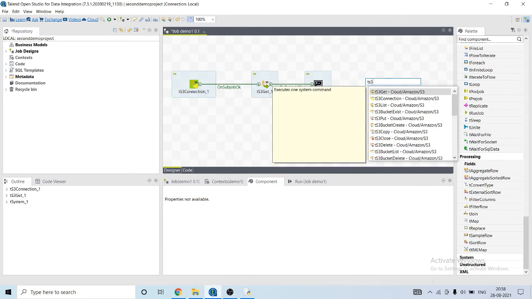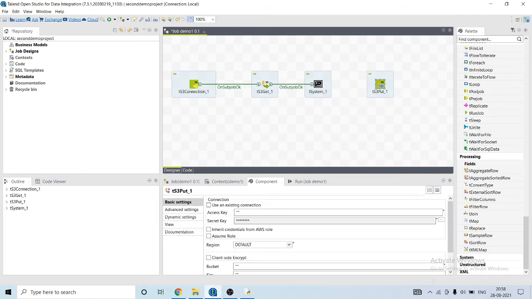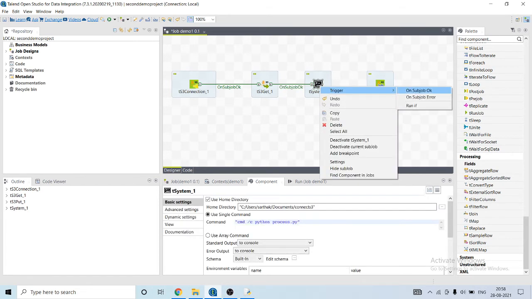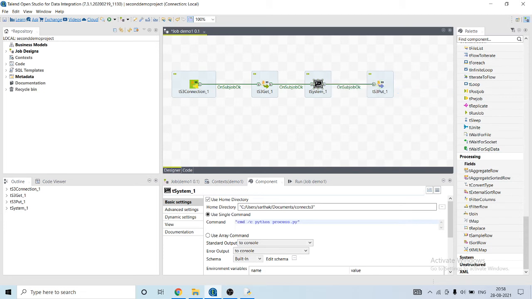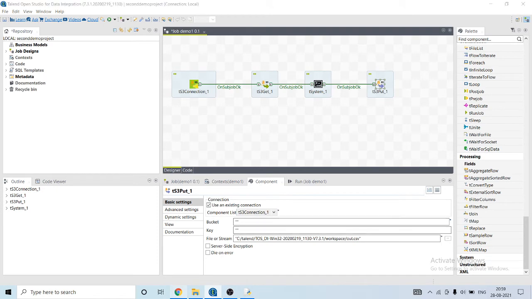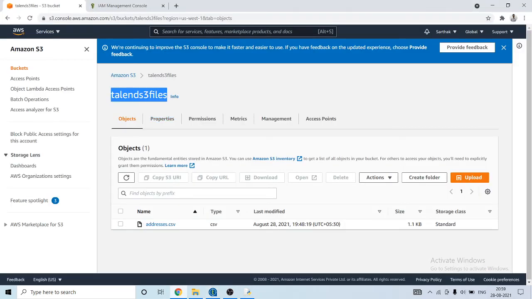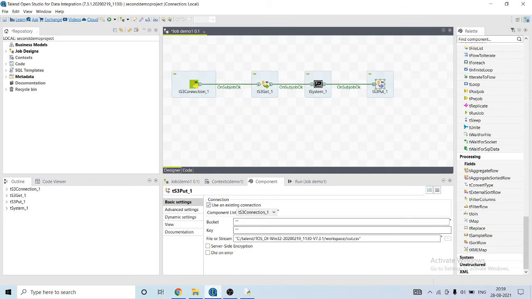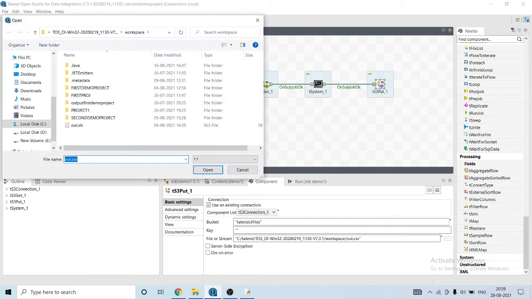Then I will use the tS3Put component to push my final data frame again to the bucket. I'm going to use the existing connection. I'm going to specify the bucket name. So first specify the path.